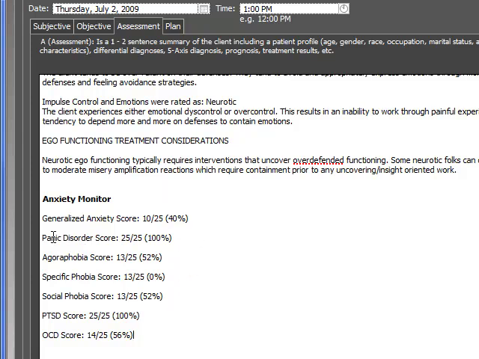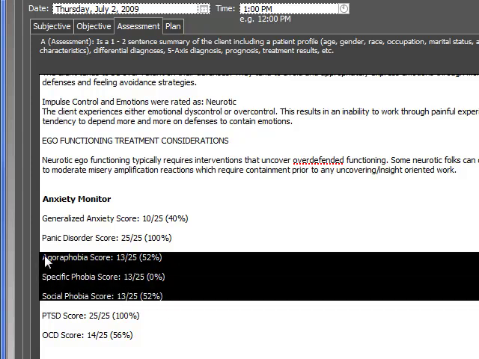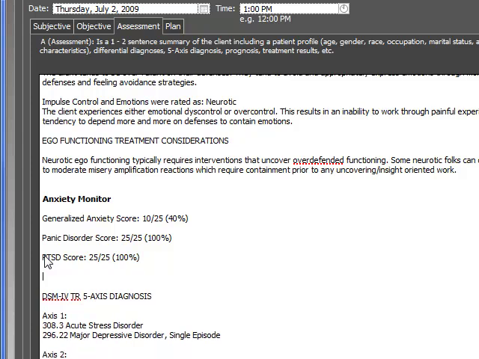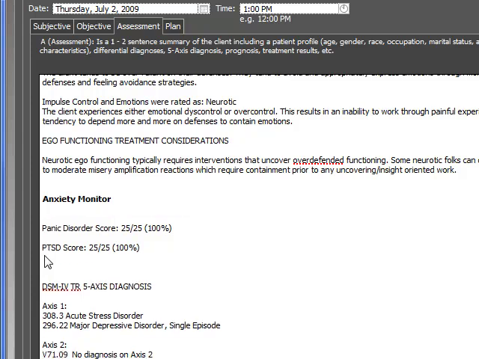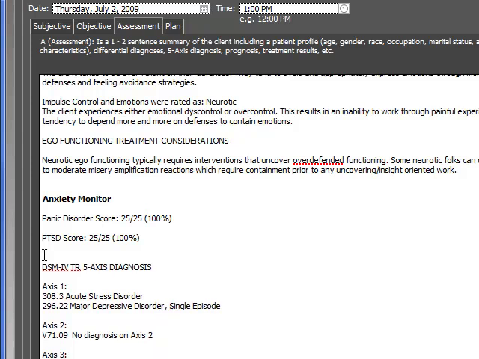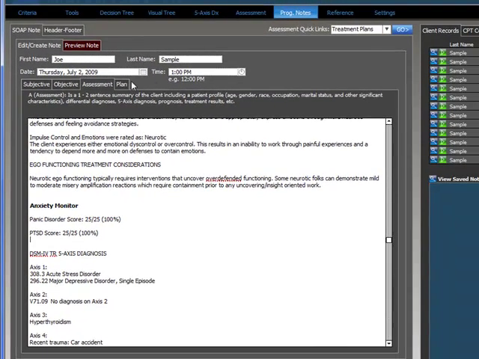I can include one category or maybe two categories. I just have to delete that out of there. Let's say I just want panic disorder and PTSD. That's all I'm interested in tracking. I can customize this any way that I want, because again, it's just pasted in there. Okay, so I've got the anxiety monitor in there with the panic disorder score and PTSD score for July